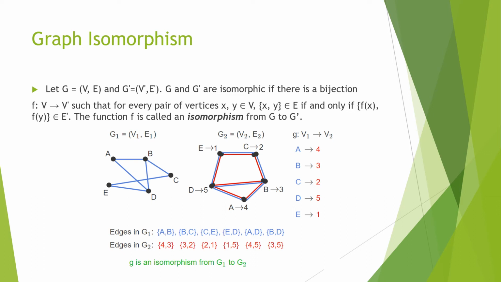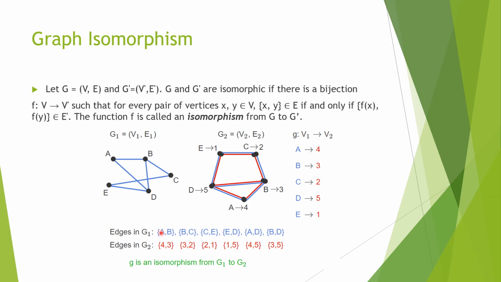And you see that there's a bijection between the vertex set of G1 and the vertex set of G2. This is the bijection. A is mapped to 4, B is mapped to 3, C is mapped to 2, D is mapped to 5, and E is mapped to 1. So assuming that we are given this bijection, you can see that